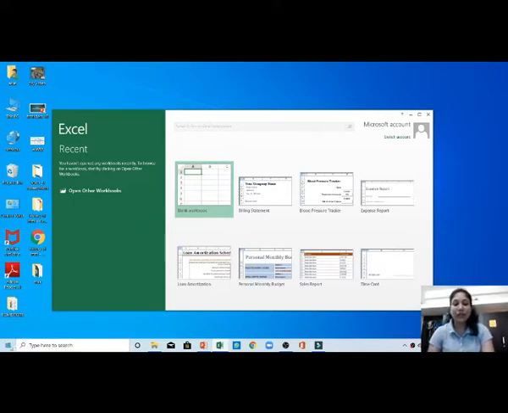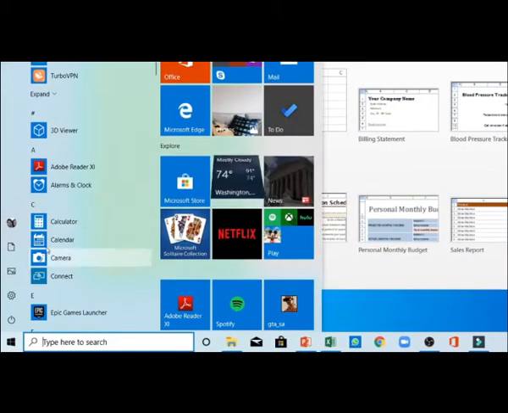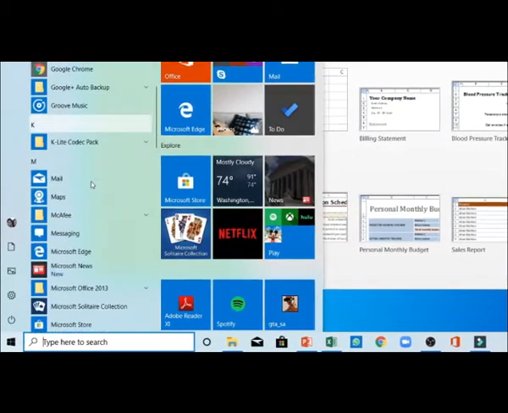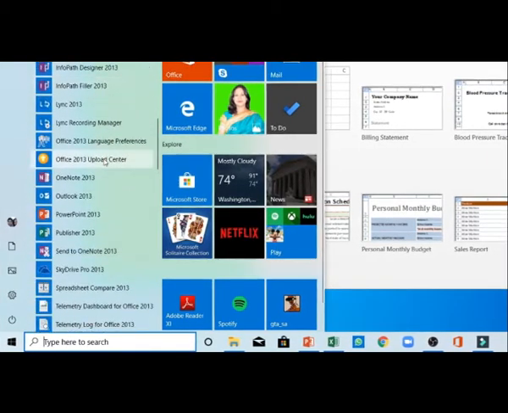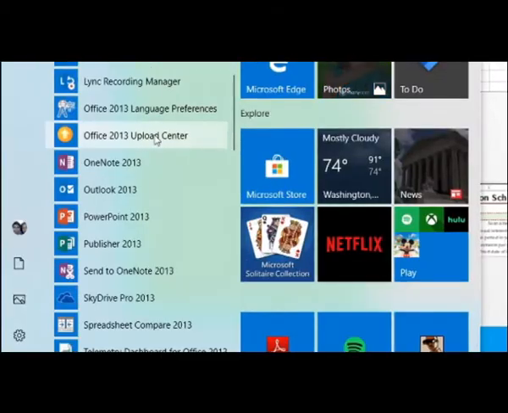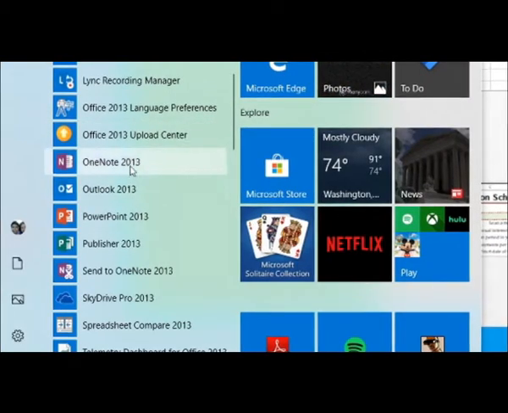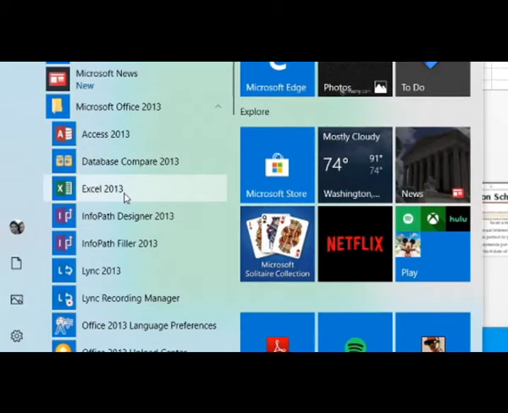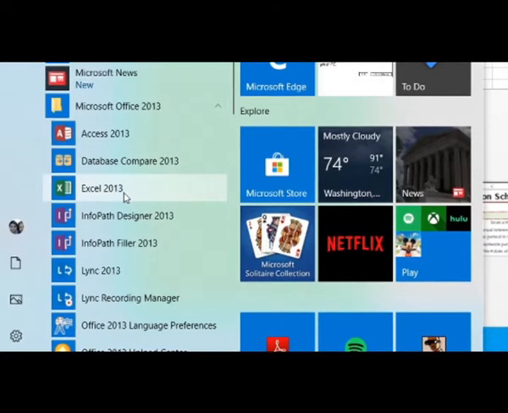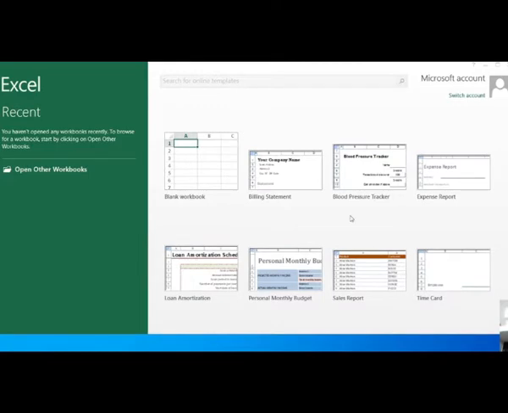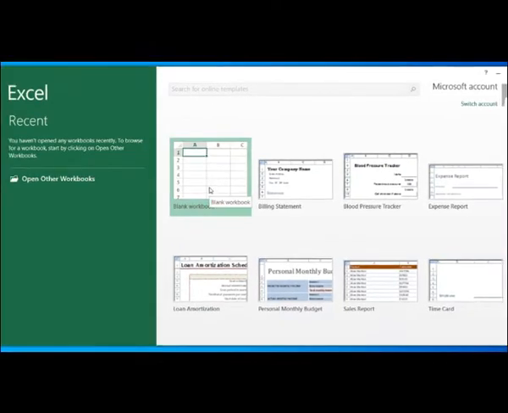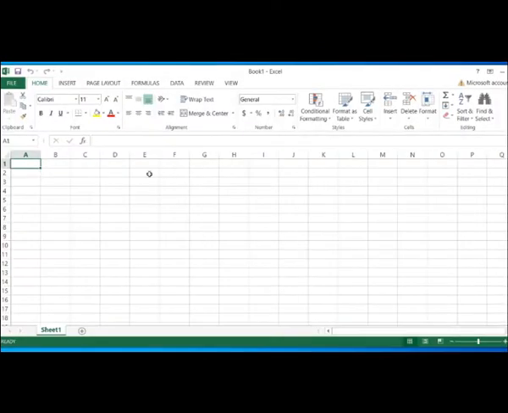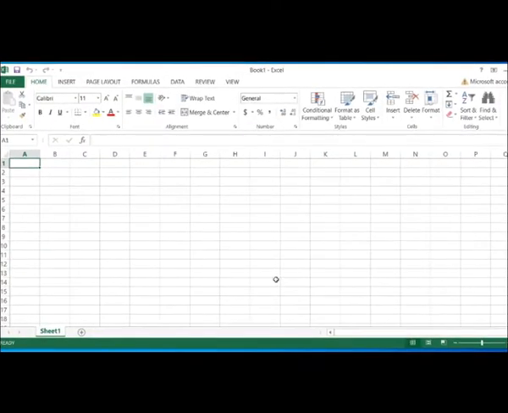You need to click on the Start button. From here, you have to visit MS Office Suite, and from this suite you will see so many sub options pop down. From that you have to select your choice, that we want MS Excel application software. You click on this, then you will get a window like this. From here you will click on blank presentation. Click on this and then you will see the worksheet window.